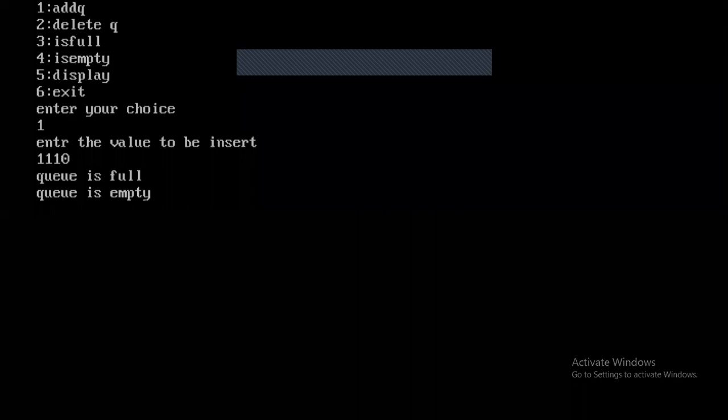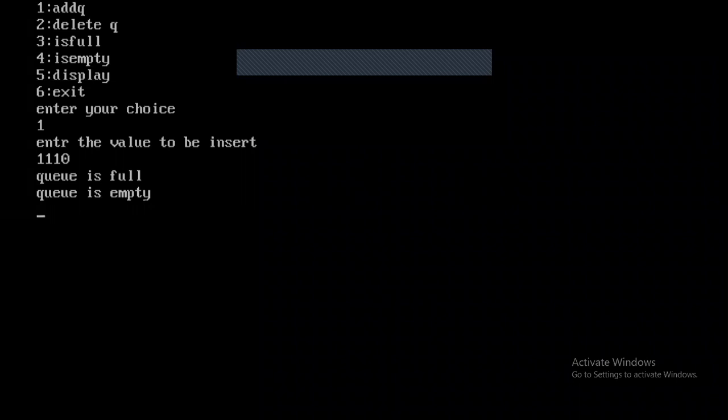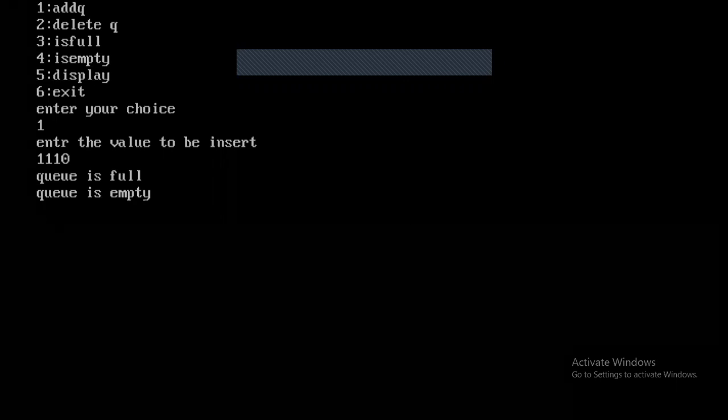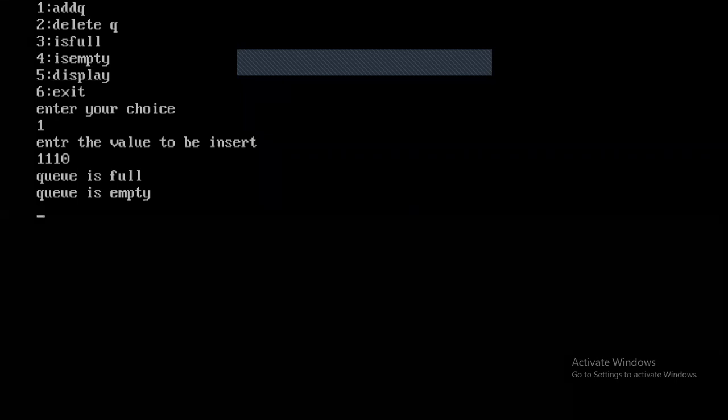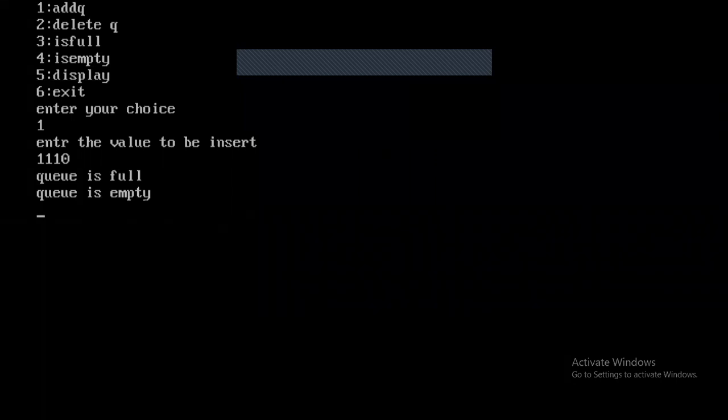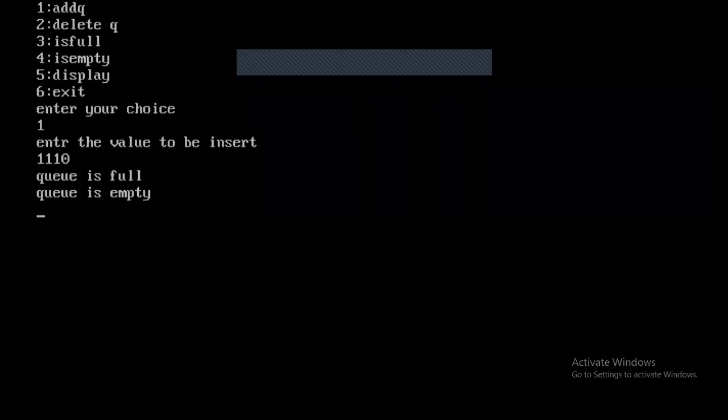This problem can be avoided by using circular queues. But here I am explaining how to implement linear queues and what the drawbacks are. We always increment rear and insert the values at rear, and increment front and delete from the front. That is the process we are using in linear queues.